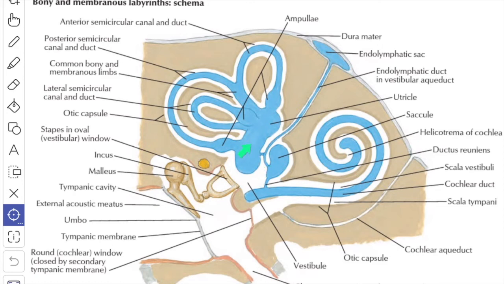The utricle is oblong in shape and situated above and behind the saccule in the elliptical recess, and posteriorly and above, the utricle receives the 3 semicircular ducts by 5 orifices. The macula of the utricle is situated along the floor and the anterior wall, and it is innervated by the upper division of the vestibular nerve.